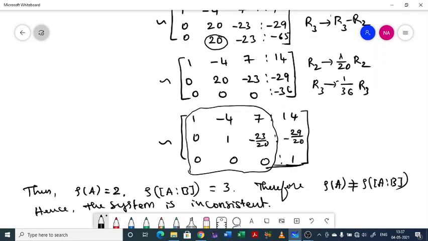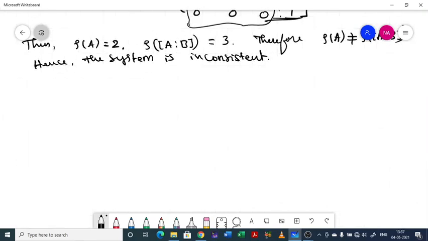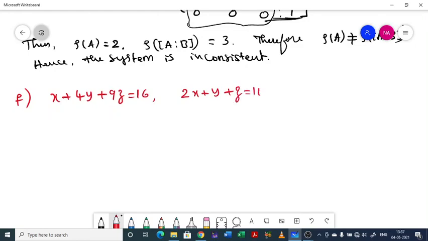Okay. So finally, let us wind up with one example. Consider this. Try to solve this one later. x plus 4y plus 9z equal to 16. It is one of the important questions. 2x plus y plus z equal to 10. 3x plus 2y plus 3z equal to 18. So try to solve this. Check whether this is consistent or not, then find its solution if it is consistent. So with this, let us wind up this class.